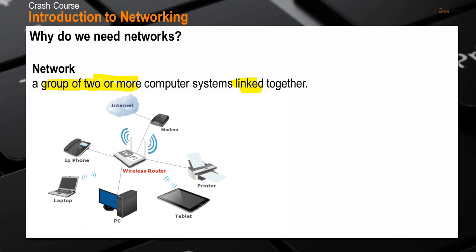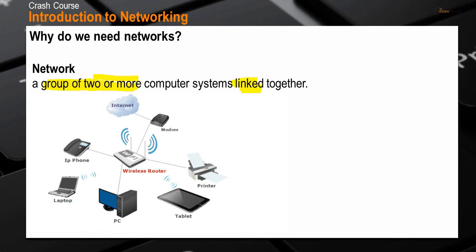What else? A printer, a tablet, a modem, a scanner, everything that you can imagine. Today you can buy a fridge that is wireless. It means that you can monitor that remotely. It's crazy.